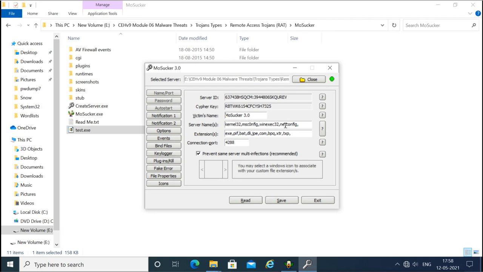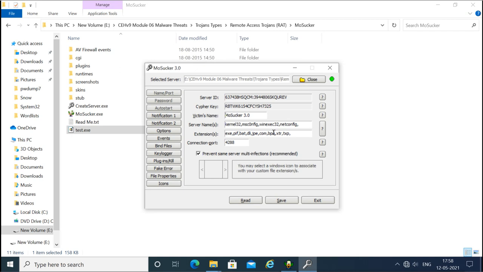These are kernel32, msconfig, and it is not msconfig, it is msc0nfig. It is just changing the O to 0. So changing a little difference. So it is like common exe file names. It can use the extension as exe, pif, bat, dll. So it can use any of these extensions to save the Trojan virus in the victim's machine.